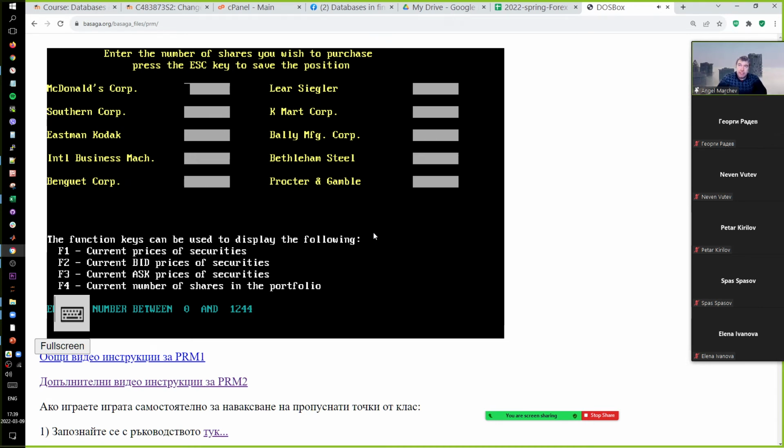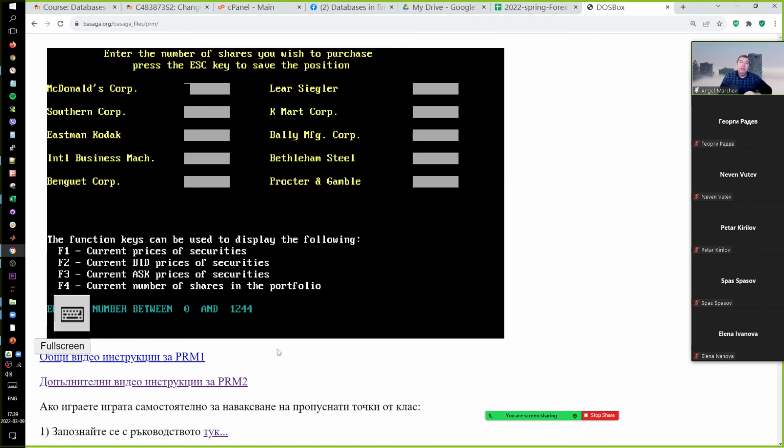F2 is the bid price, so the price at which you are going to sell. And F3 is the ask price, the price at which you are going to buy, and F4, right now it shows nothing, would show you the number of shares that you have in one or another of the positions here. And also here at the bottom you can see: enter a number between 0 and